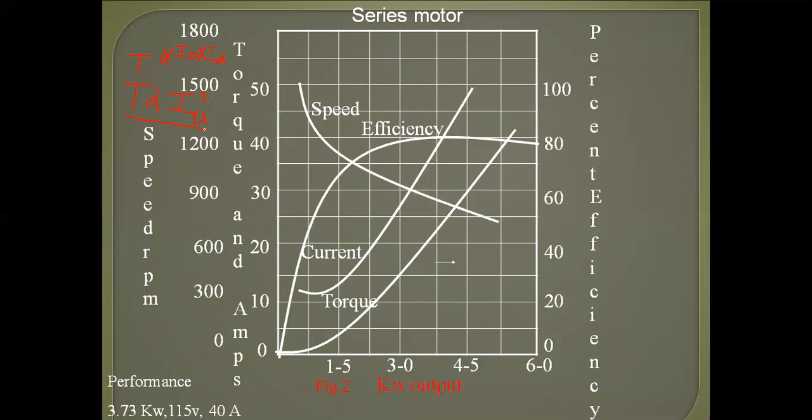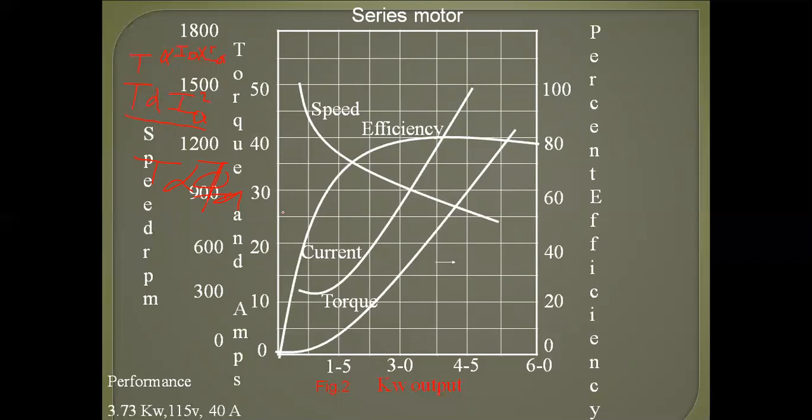Underline parabola. After the saturation point, the flux is constant and torque is directly proportional to the armature current only. That is, torque is proportional to the armature current. Hence, the characteristic becomes a straight line. The useful torque is, of course, less than the total or gross torque developed. This is due to the torque lost in iron, friction and windage losses.